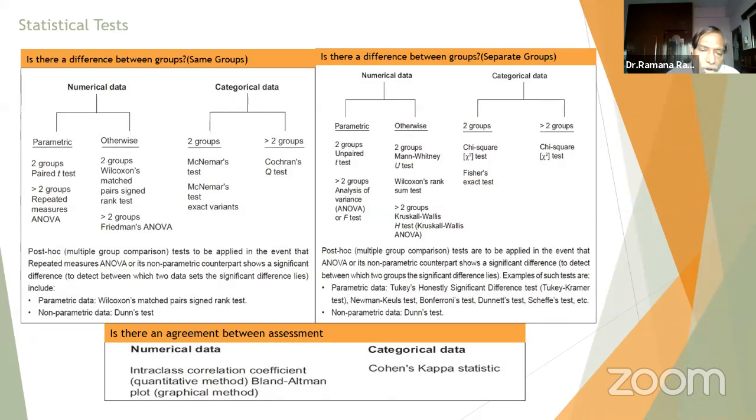I'm not going into the details of how to do this because that requires a very large amount of time to go through step by step. I just gave you a glimpse here. Maybe sometime later, we can go through step by step how to do each of the tests, because each test has its own nuances, its own advantages as well as disadvantages. Some of them I have covered, but let me see how I move on.